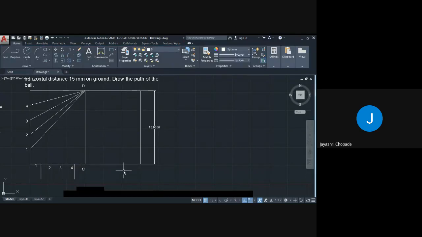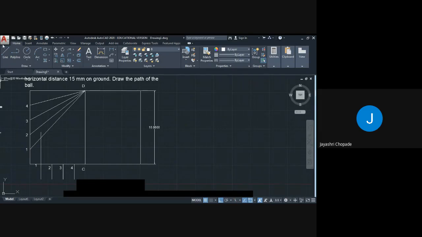Next we need to draw vertical line from the point 1 and it will touch the line 1D. So go to line command, draw vertical line and extend it. It is not properly extended, that's why we will extend beyond the 1D line.